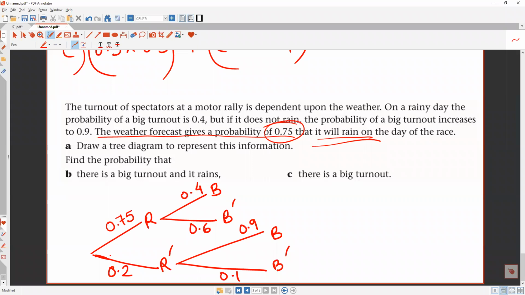They are saying that if it rains, the probability of big turnout is 0.4. So what will happen if it is not raining? If it is not raining, the probability of big turnout is 0.9. So আমি দুইটা ডিভিশন করছি, first tree diagram: rain, big turnout, not big turnout. Because everything depends on rain. Rain is the initial one. Rain পড়ার পরই সব ডিভিশনটা হচ্ছে. And second thing is no rain. That is R dash. R dash means no rain. আর টপের মধ্যে আমি যে ড্যাশটা দিছি, so no rain, a big turnout and not big turnout. Now just check how much it is. নিজেই দেখো এটা পারছো কিনা।